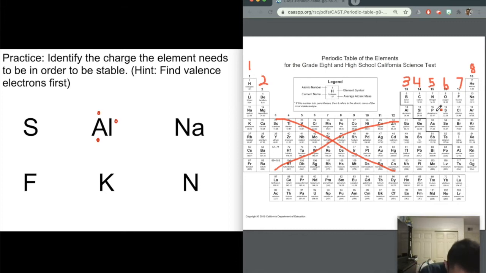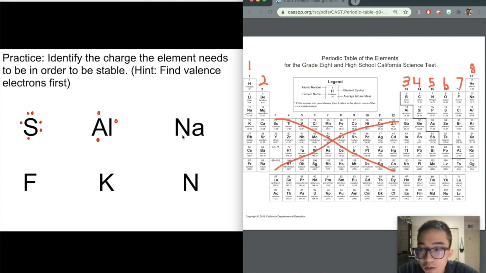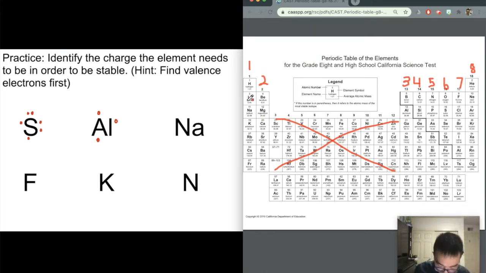I'm going to draw it one at a time first, and then I can fill in the other sides. So there's 6 there. For sodium, sodium's in this first column, so it's going to have 1 valence electron. All right, so very easy to predict just looking at the periodic table,